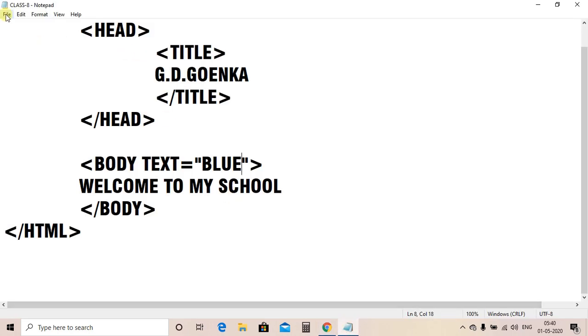Please remember the shortcut key to save the file again and again. I am not going here file and then save. What I am doing, I am using the shortcut key. I am making the changes, and from the keyboard I am using Control S, so that the changes get saved. And when I open the browser, I am not clicking here on this refresh button or reload button. What I am pressing is the key F5. F5 is used to refresh.